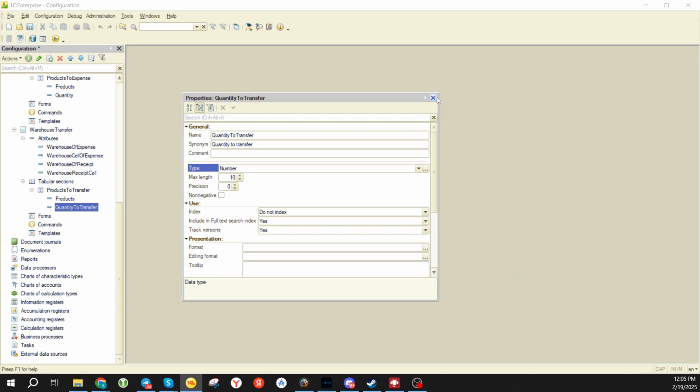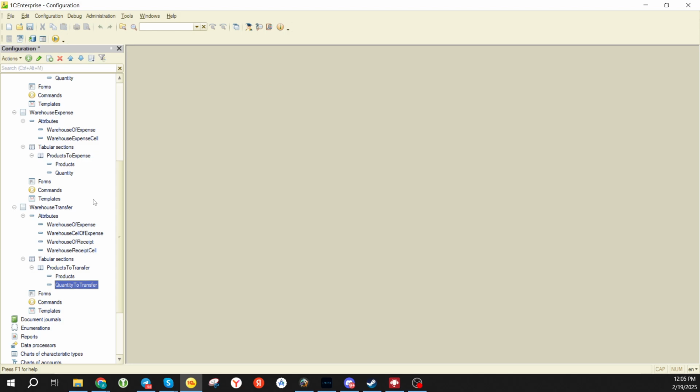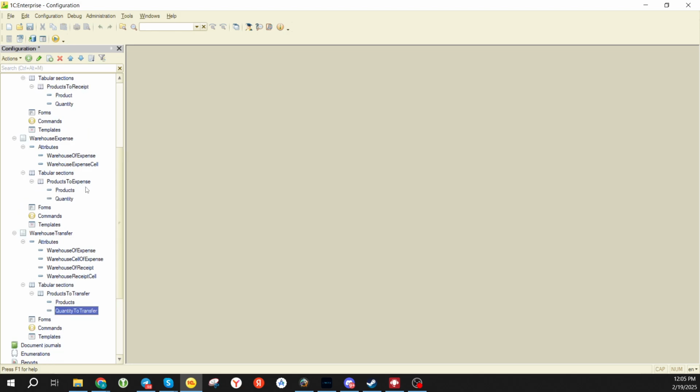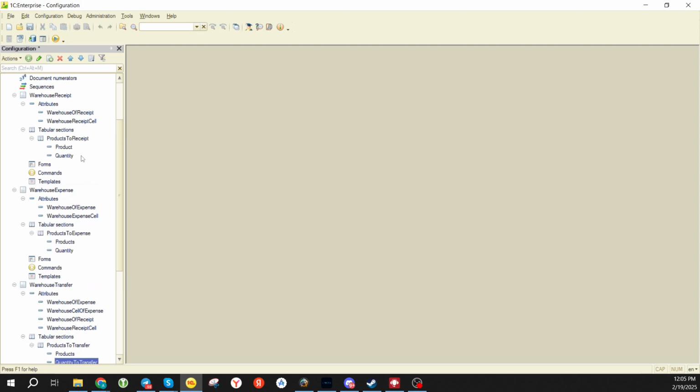So this is the structure of our documents. Let's check it. Products to expense, products to receipt, product quantity,